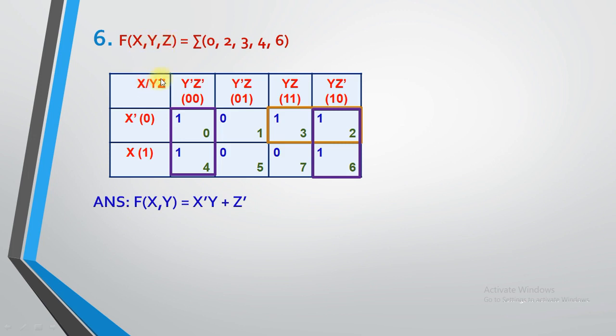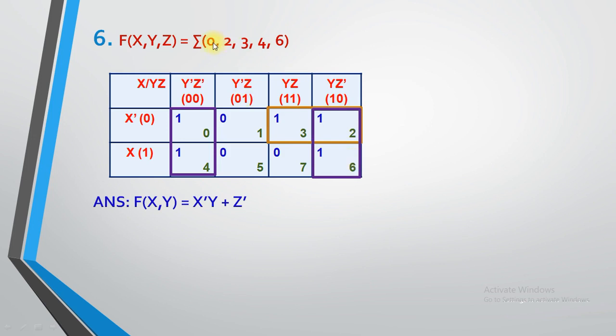Now, X, Y, Z. So, X oblique Y, Z. So, for one variable 0 and 1, for two variable 0, 0, 0, 1, 1, 1, 1, 0. Remember one thing, that when you design K-map or when you draw K-map, at that time the last two columns will be switched together. That means whatever the content of fourth column will be the content of third column, and the third column becomes the fourth column, right? So, you need to switch both the columns and give the cell number accordingly.